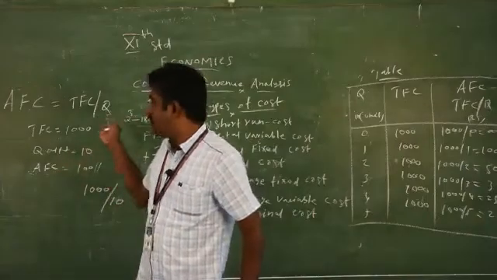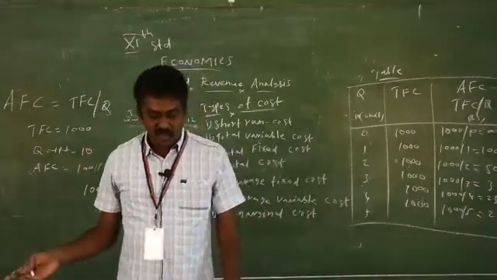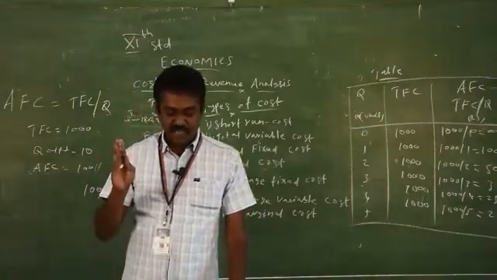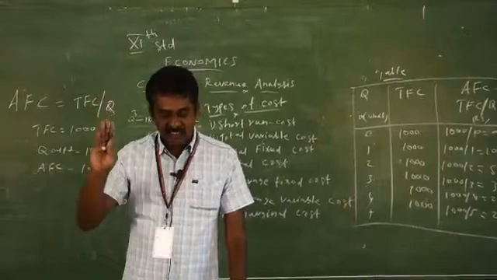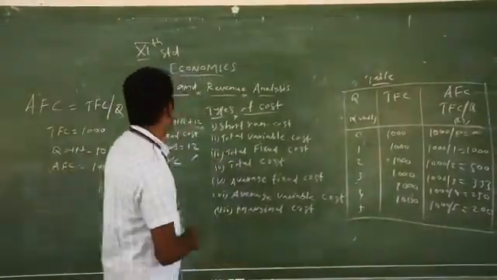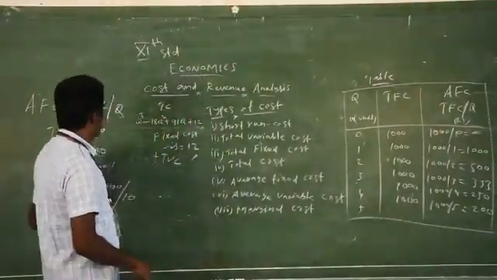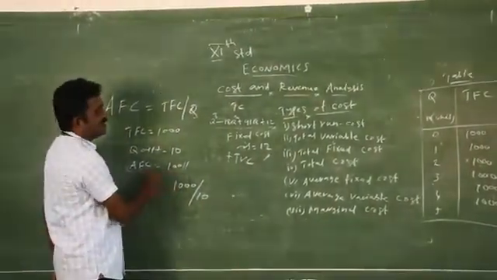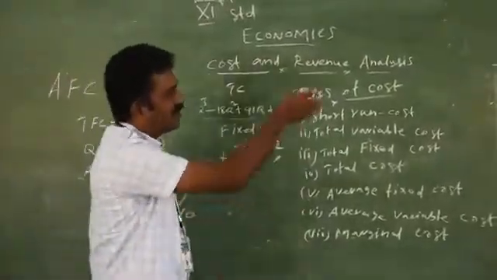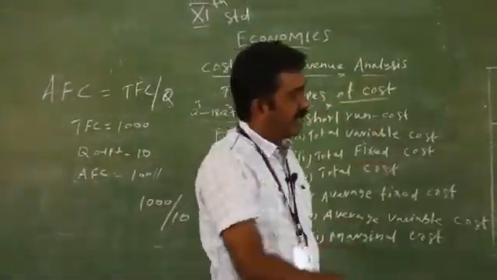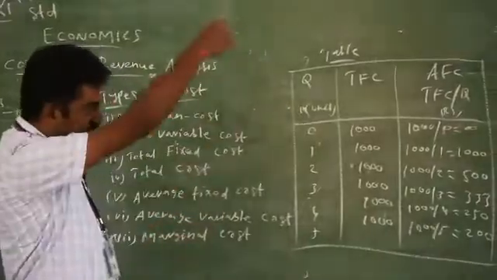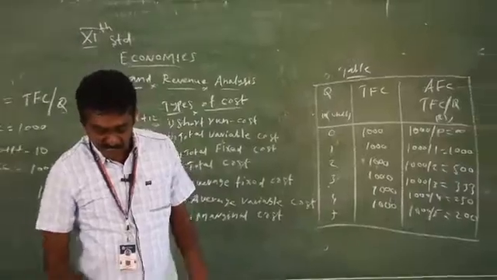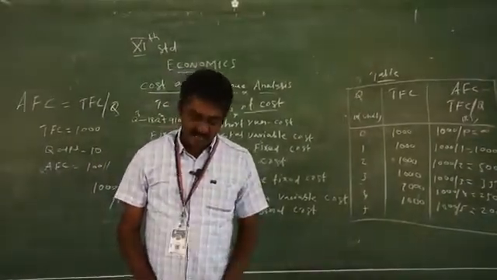Next, lastly I have covered the average fixed cost. So the average fixed cost, how can we calculate it? It refers to the fixed cost per unit of output. It is obtained by dividing the total fixed cost by the quantity of output, TFC by Q. So I have mentioned how to calculate the average fixed cost, and via the table I have explained. The average fixed cost curve is like this. See the book. So in the next class we will see the average variable cost.